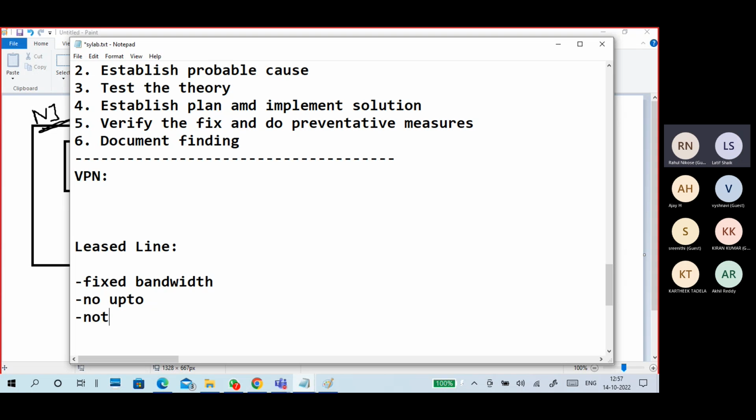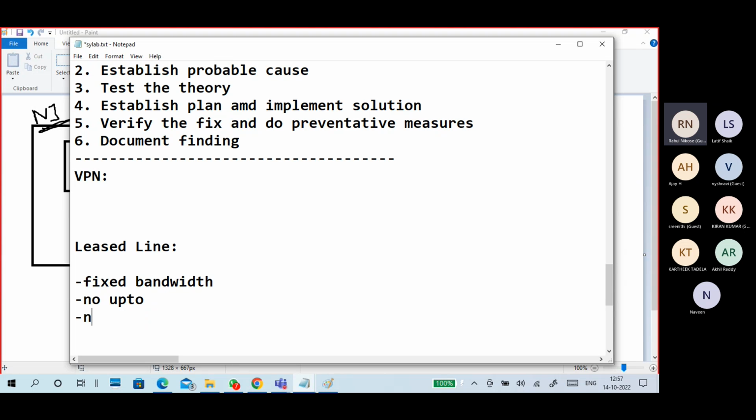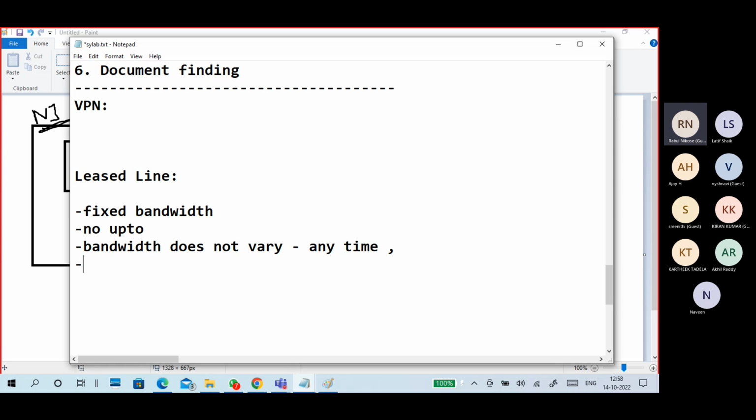The bandwidth does not vary anytime, no variation in the bandwidth. It's a fixed bandwidth. Okay.